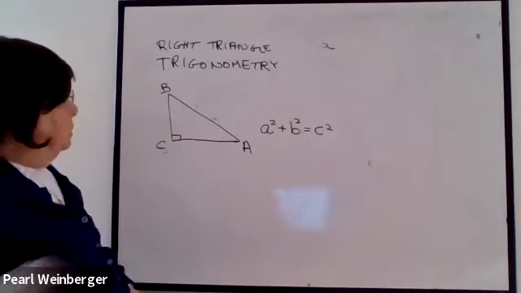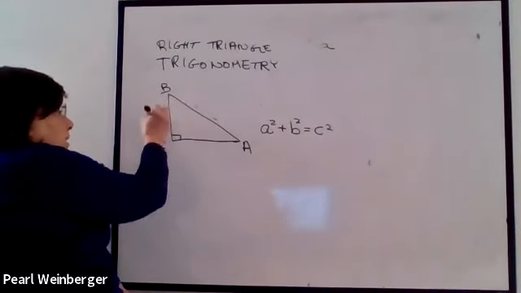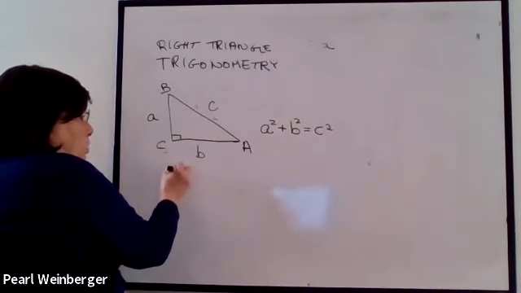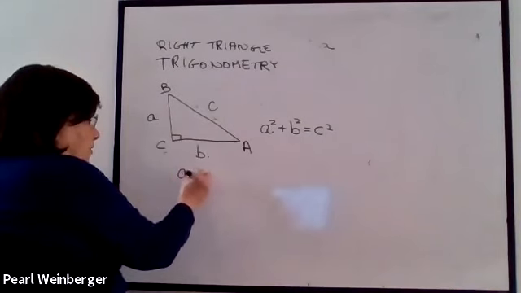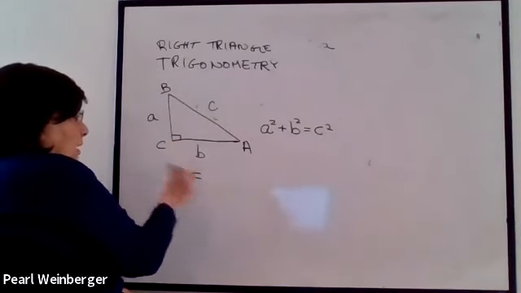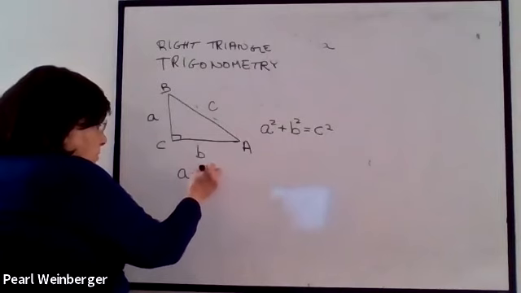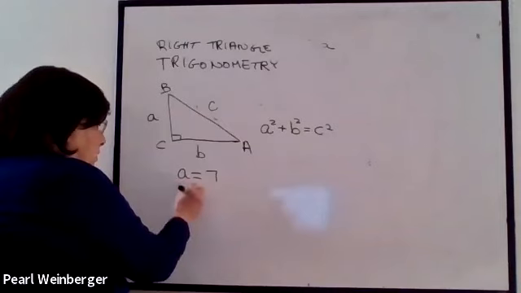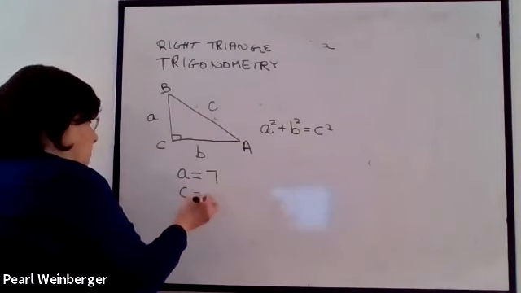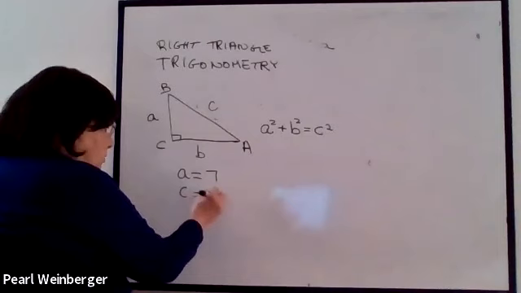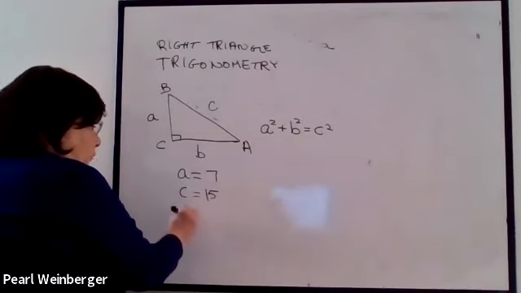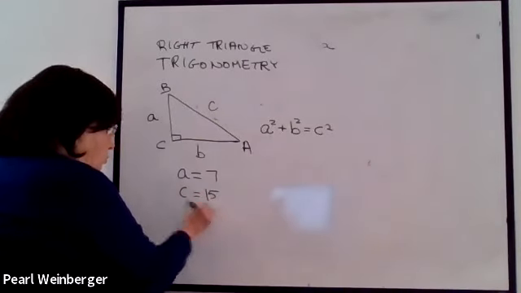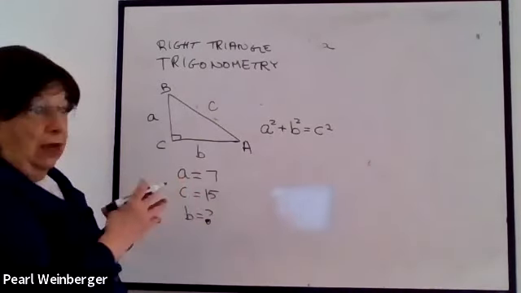Let me erase some of this so it's not so messy. Remember, this was my A, this is my B, and this is my C. If I told you I have a right triangle where side A is 7 and side C is 15, and I ask you to find side B, in any right triangle, you can always figure out